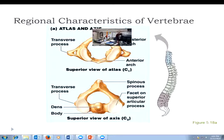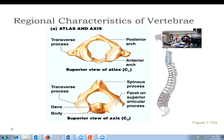But the atlas and the axis are really specialized, two very specialized vertebrae. They're shaped a little bit different than the others. And that's because that's what actually allows neck movement. Okay, that's what allows our head to rotate and move up and down and side to side and so forth, are these very specially shaped